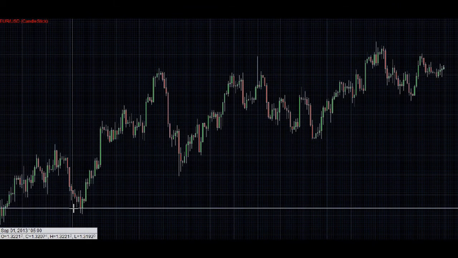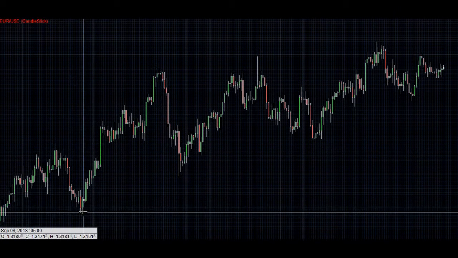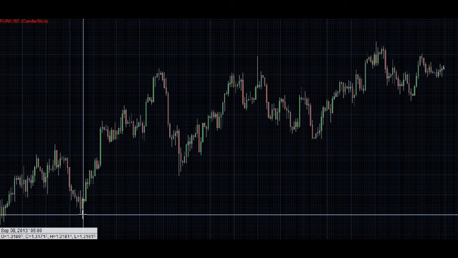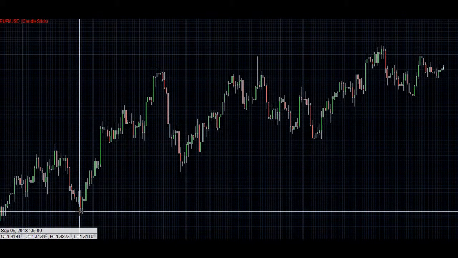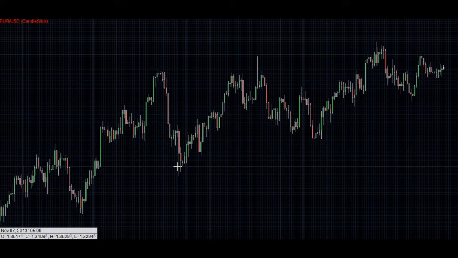Okay, now here we have a chart of the euro against the US dollar. For starters, a support line is basically a point in the chart where the price touches several times and uses it as a support. From support lines we can predict where the price is going to go. If the price is approaching the support line, we will think that maybe the price will touch the line and then bounce straight back up